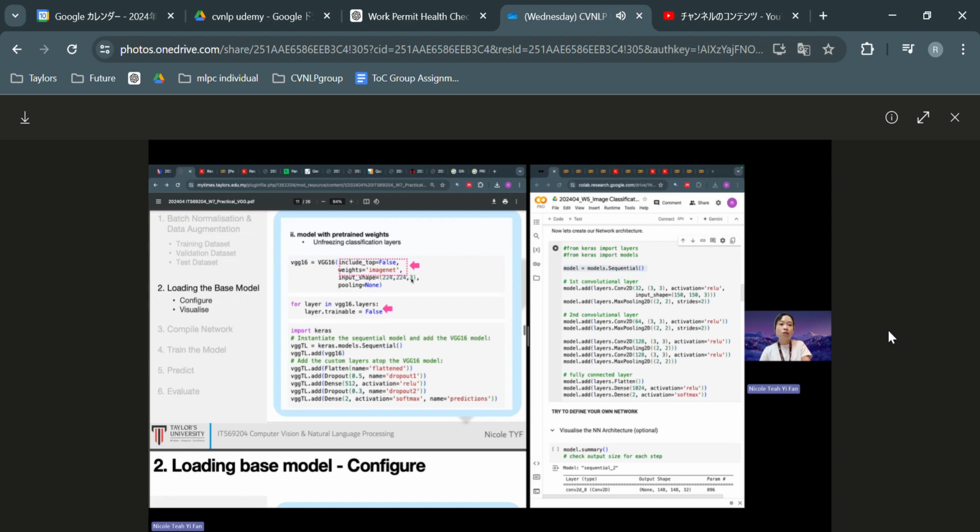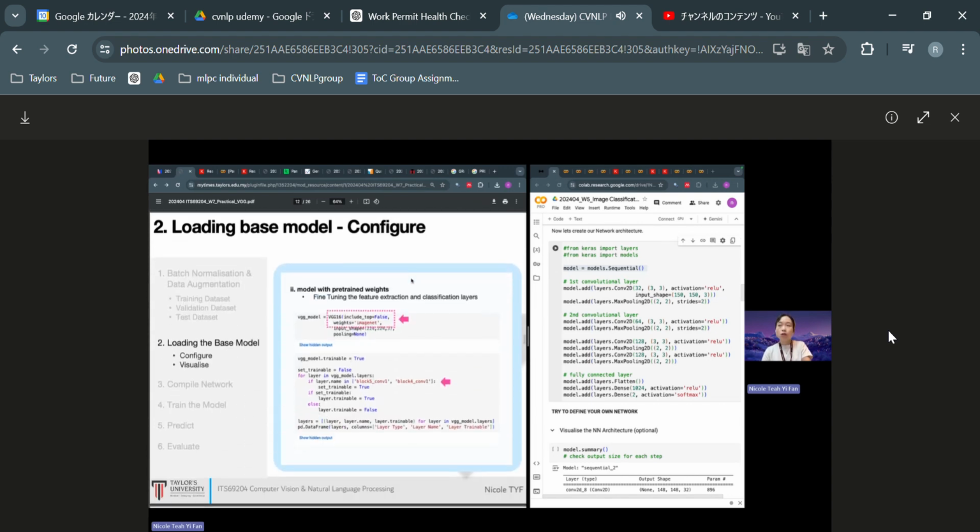Question. So if there's no question, we are going to move on to the third one, which is relevant to the question which our friend has asked. So how then do we chop off the classification layer and also relax some of the feature extraction layers? What we are trying to say here is